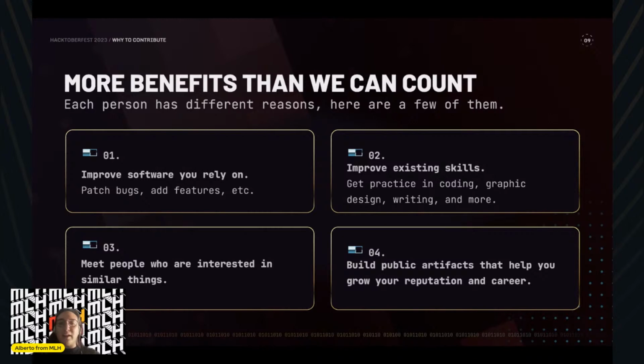You can, even with this, improve your existing skills. Because let's say you're a programmer, right? What makes you a better programmer than applying this knowledge in a very big project like Blender?